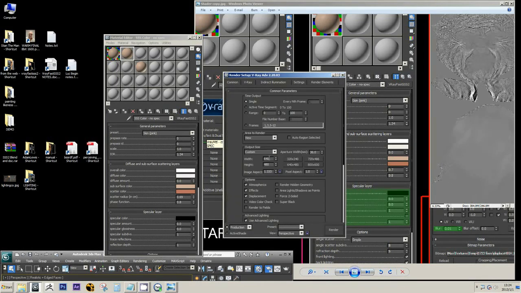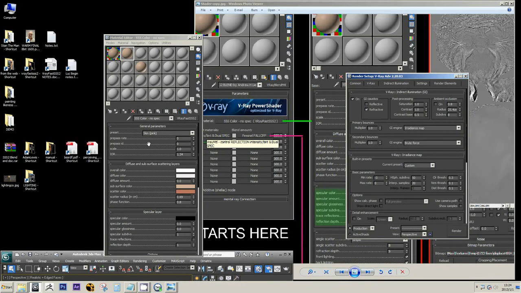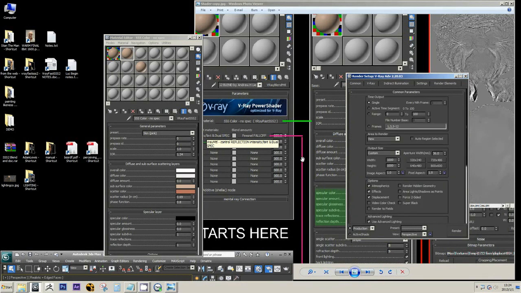So if your render resolution is, say for simplicity's sake, 1000 by 1000, then if your rate, whatever rate, be it GI rate or this prepass rate, is also 0, that means